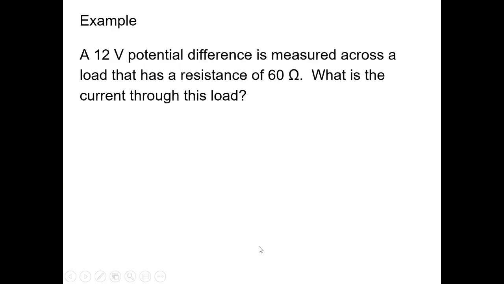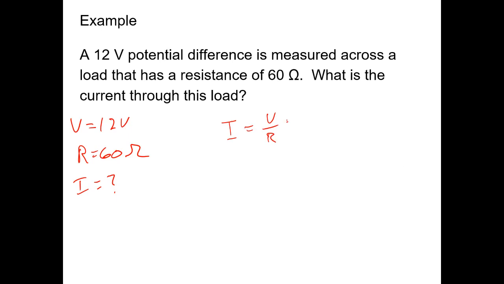If you squeeze the straw, you have more resistance or less flow or less light. Okay, so a couple of examples. Here is an example where we have a 12-volt potential difference. So our voltage is 12 volts measured across a load that has a resistance of 60 ohms. What is the current through this load? If we're looking for current, that'll be voltage divided by resistance, or 12 volts over 60 ohms. Okay, our current in this circuit would be